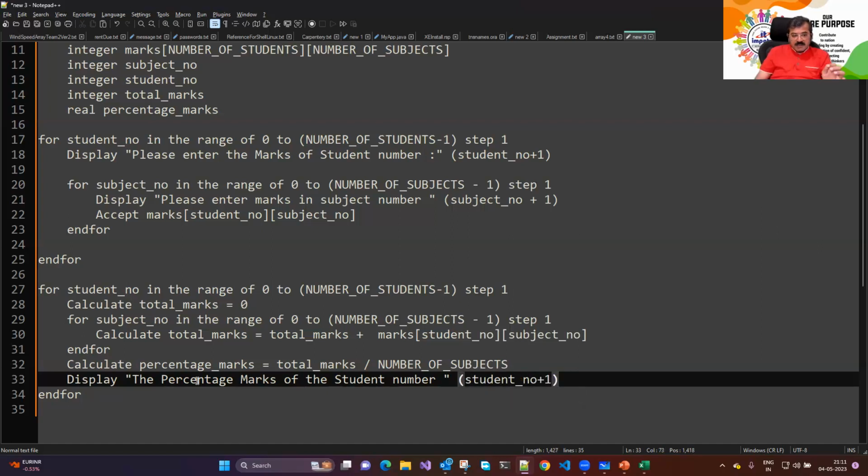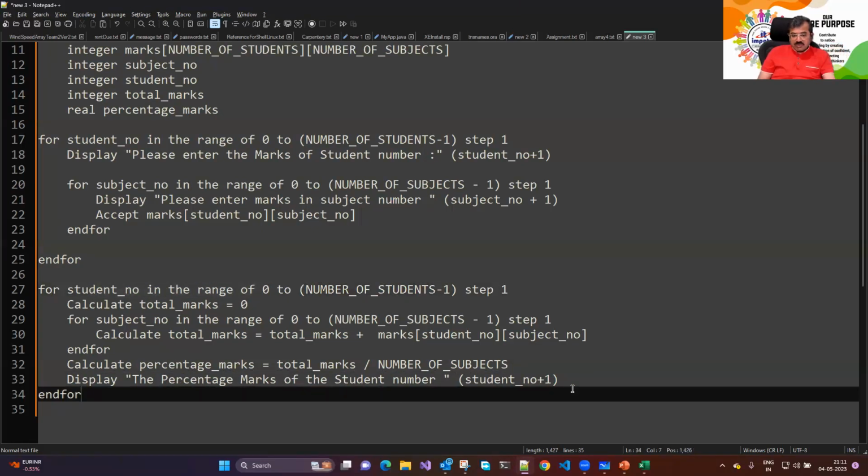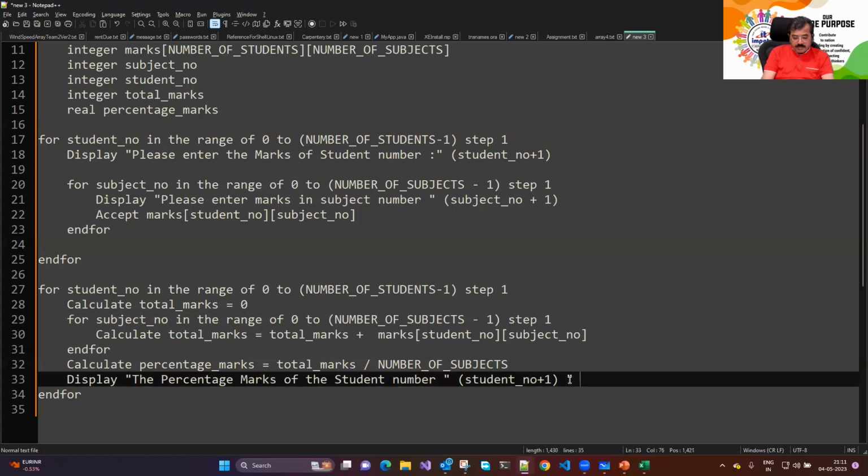student number plus 1, because for the first time student number 0 दिखाई देगा, तो हम कहें percentage marks of student number 0 are... तो here we have printed percentage marks of every student। क्या किया हमने, अगली बार सेकंड स्टूडेंट पे जब जाएंगे,